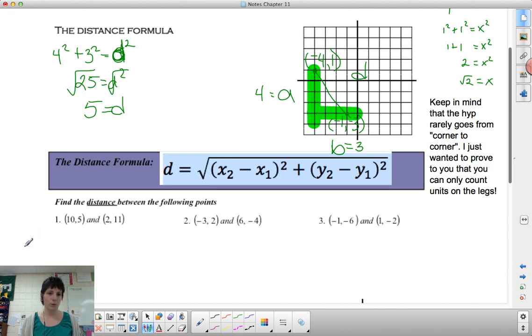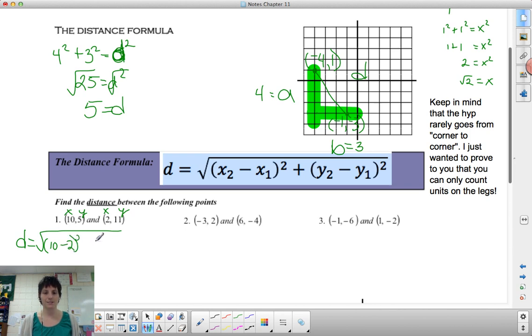So to do the formula, we would simply say the distance is equal to the square root of, remember that we give ordered pairs, x, then y, x, then y. And it never matters which one you call the second point, which one you call the first point. So we need to take the x values and subtract them. So 10 minus 2 and square it,